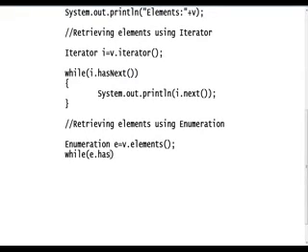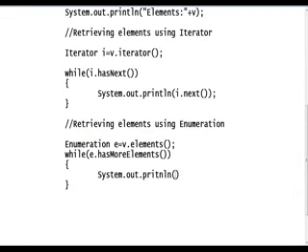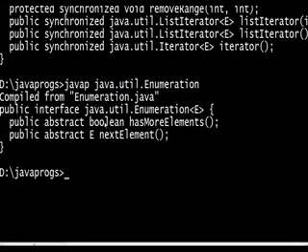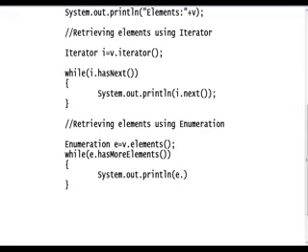e.hasMoreElements(). Here hasMoreElements. That method name is what? hasMoreElements. We call that method. If hasMoreElements, print the elements. How to print the elements? System.out.println, right? We call those methods. Okay. What is the other method name? nextElement. hasMoreElements returns a boolean value. Whether an element is there, it returns true. If the element is not there, it returns false. That element, the next element. Call that nextElement, e.nextElement(). We can call the next element.